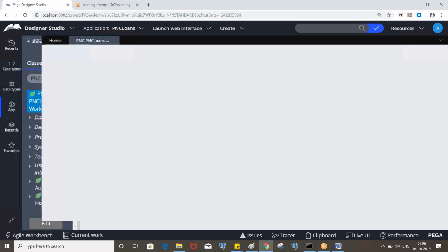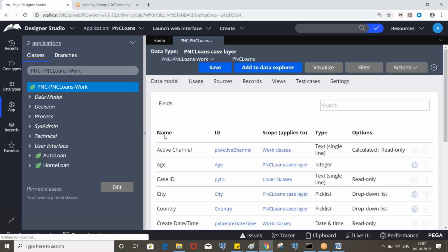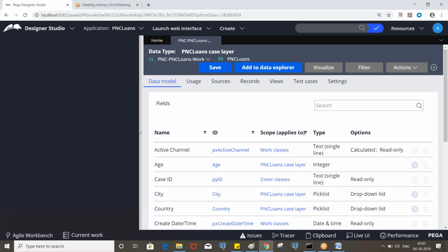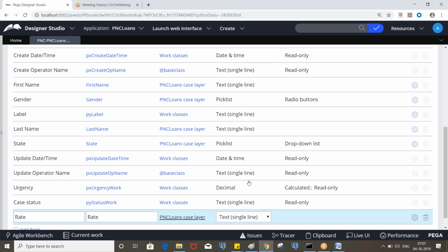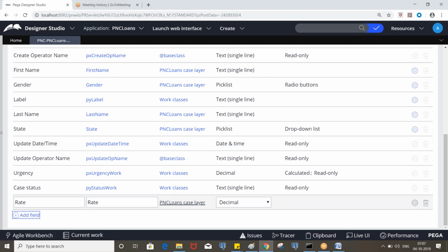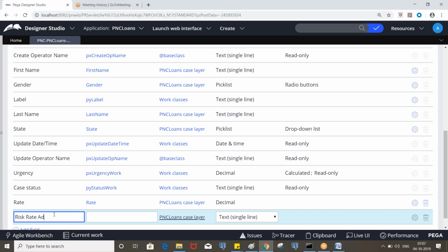Create a property called the rate, then risk rate adjustment, loan rate adjustment and base rate.